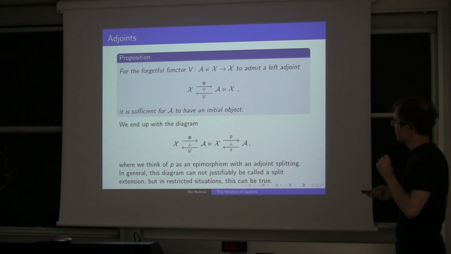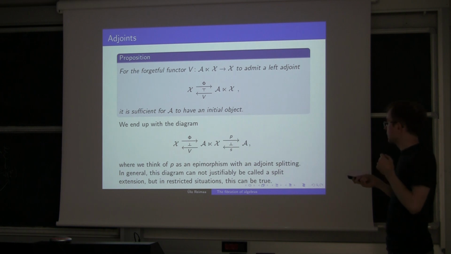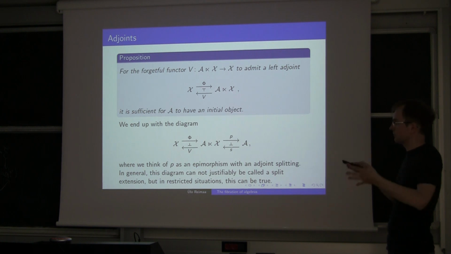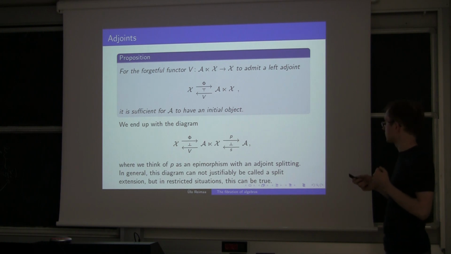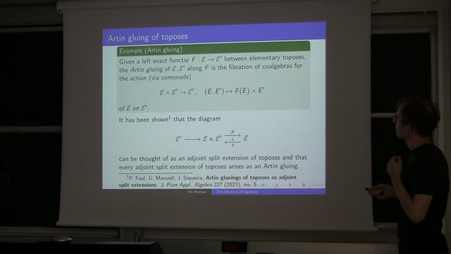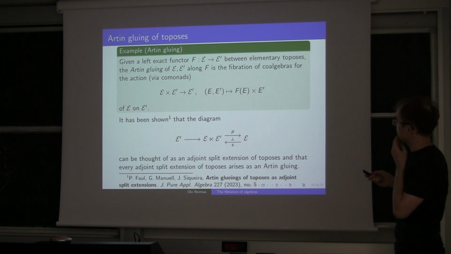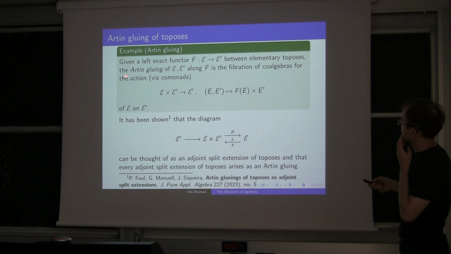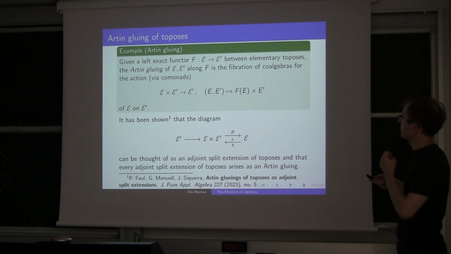However, if we restrict our attention to, let's say, some two-category of toposes, for example, or some two-category of categories which have some nice additive structure, then this is perhaps not too far from being true. So, for example, for toposes, we have this construction of an arcing code. If we have a left exact functor, then we can construct this new topos, which will essentially be